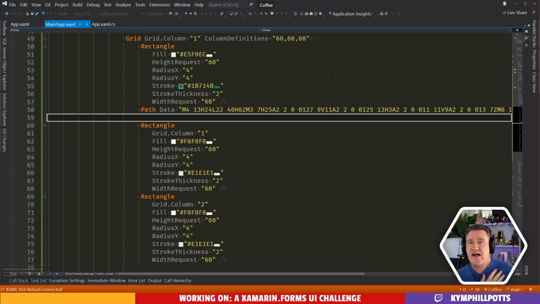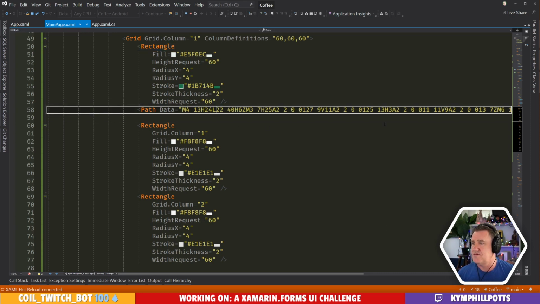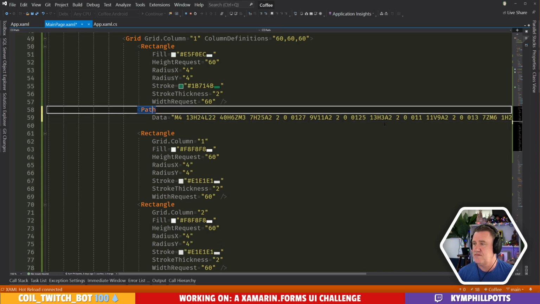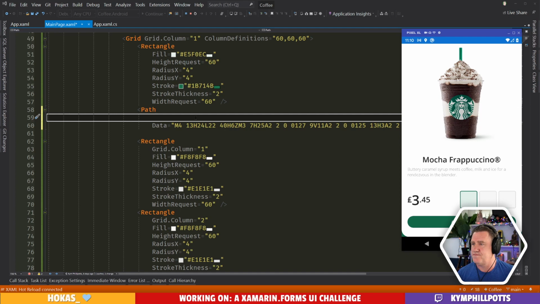Let's see what we have here. Let's give it a stroke of 2. Stroke thickness of 2.